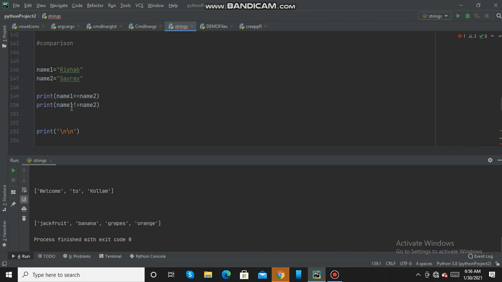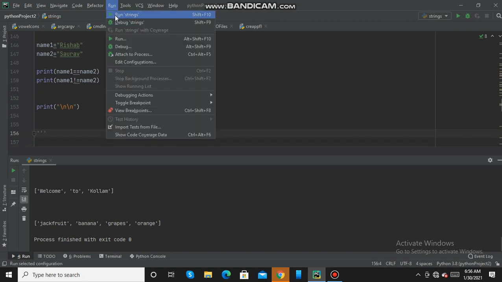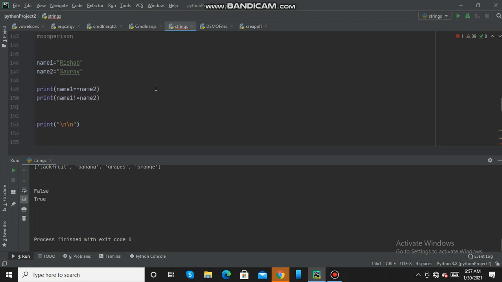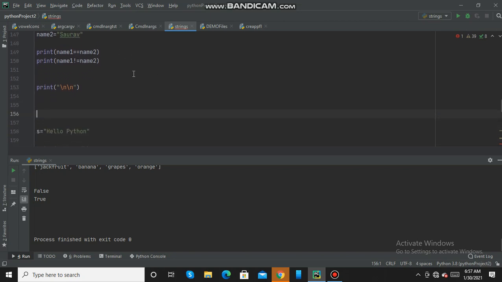So first will be false, second will be true. So the first condition is false, the second is true. So this is how we use the conditions for checking the strings.